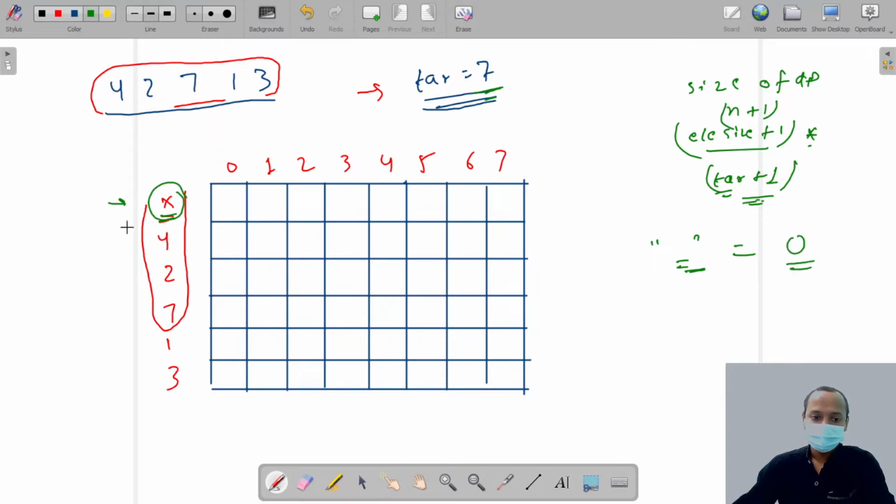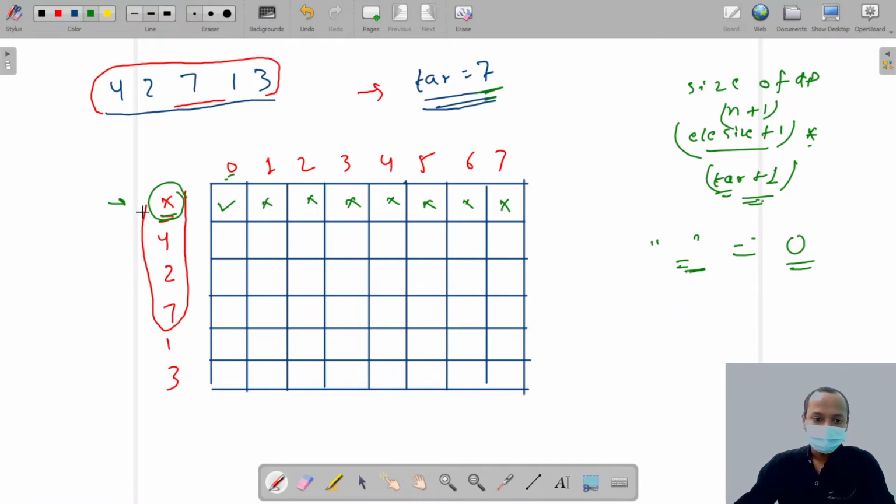It means the empty set can only make 0, and it is not able to make any other target, so we put a cross.